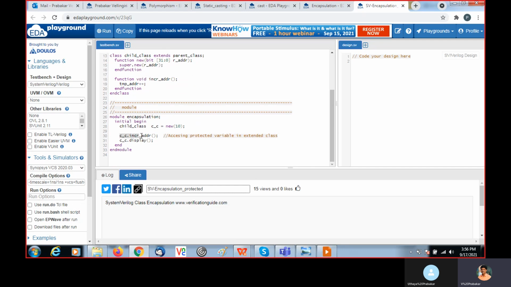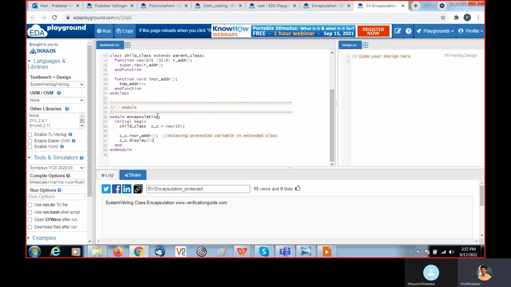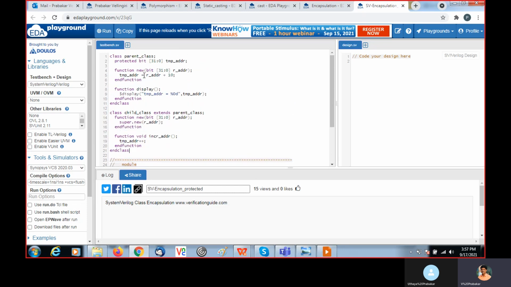Then cc is nothing but the handle of the child class. I am calling the increment address method. When I call this method, temp address plus plus, that means incremented by 1. So earlier the value is 20.